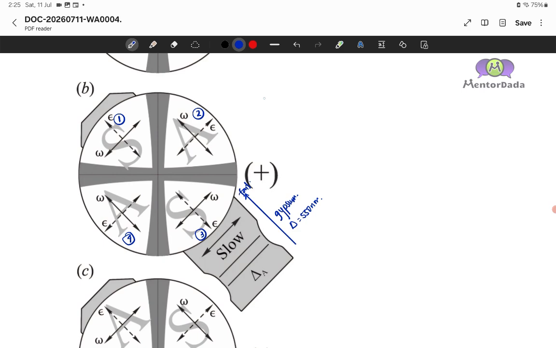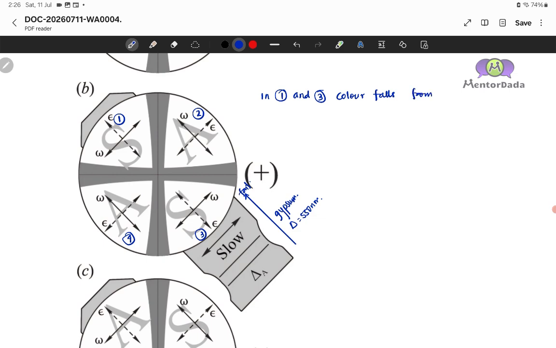in the first and third quadrants the retardation is decreasing. Suppose in 1 and 3 the retardation decreases, and at the same time in 2 and 4 the retardation is increasing. As a result, you will see the change in color. In 1 and 3, color falls, right? Suppose color falls